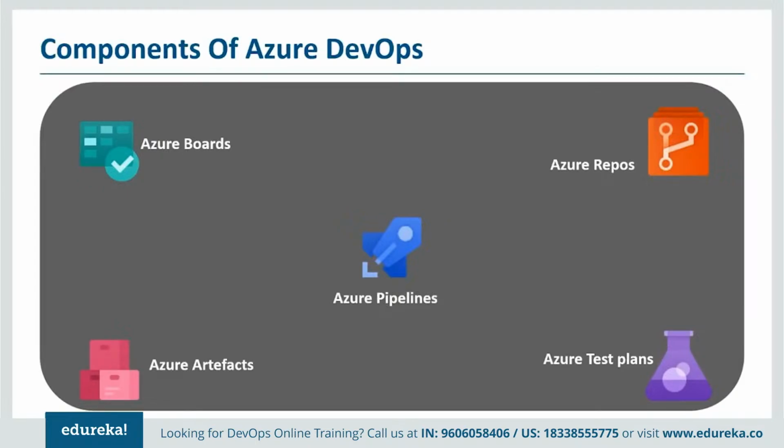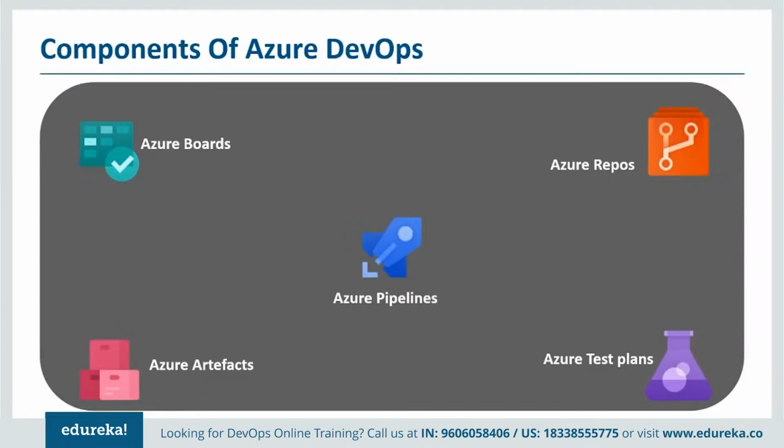Now I can release it in the dev environment. I can release it in, let's say, pre-prod or UAT environment, or I can also release this stuff in production environment. But normally what do you do? If developers check in something, we do the build of the code and then we release it in the dev environment. Now, once it goes to the dev environment or maybe in a test environment, it is going to run. After the run completes, then you would want to run some kind of tests on top of it.